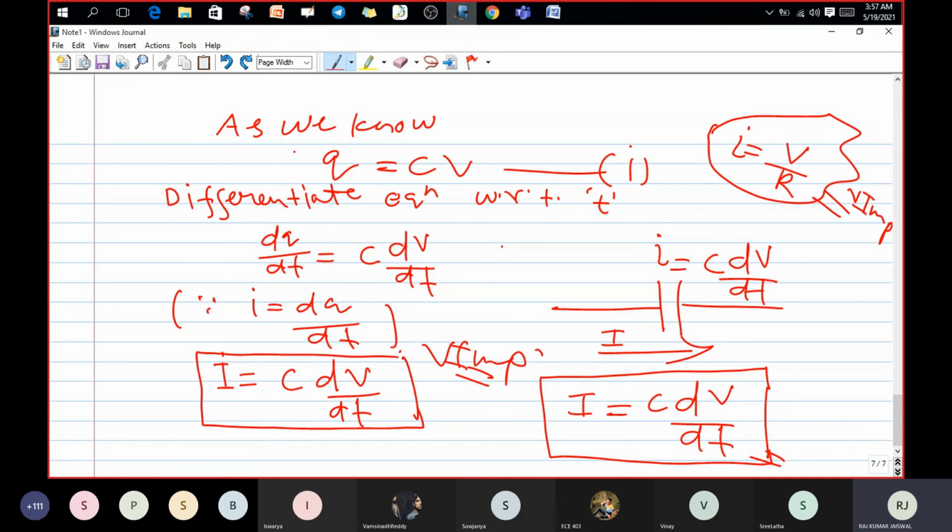We have derived that formula, whatever the concept behind that. Q equals to CV. Okay, guys. Is it clear? Is it clear, dear students? Yes, sir. Actually, I have to teach you lots of things, but time is over.